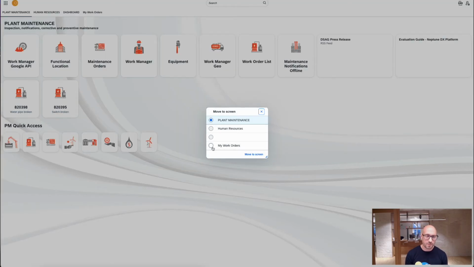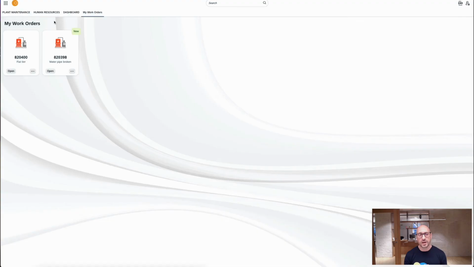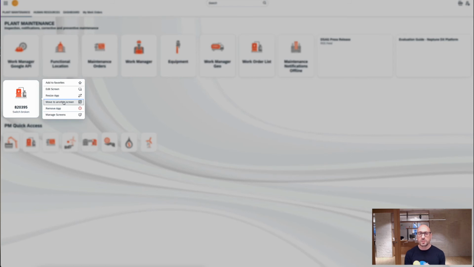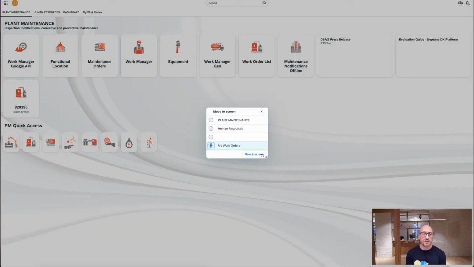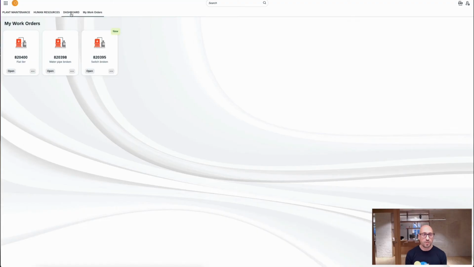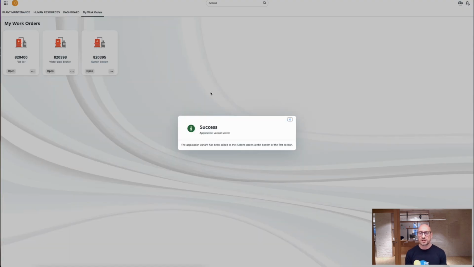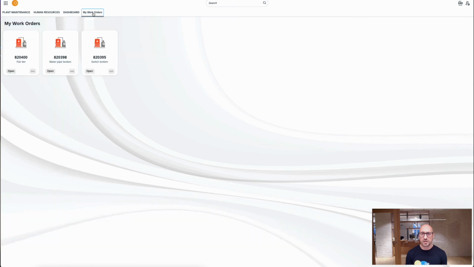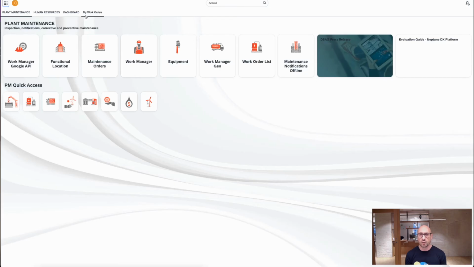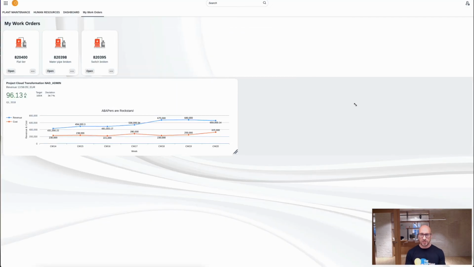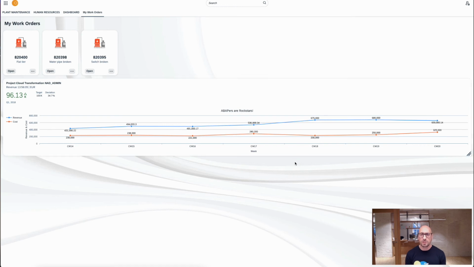Very simple. And also allows me to then be able to not only move between screens, I can create new screens, I can customize, I can resort them as well. Here I have, for example, this graphic that I want to move there because this graphic for me represents something that I need. So by moving this, automatically I'll have the graphic as part of my own private screen as it's there. Now let's expand it, let's resize it to what we need, and I want this to be really emphasized, so I want full width. So I have my 3 work orders of the day with my graphic in there,